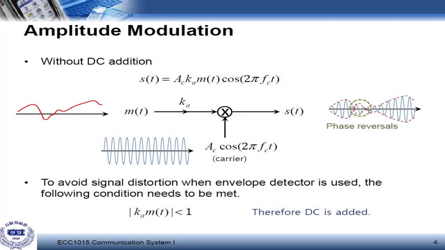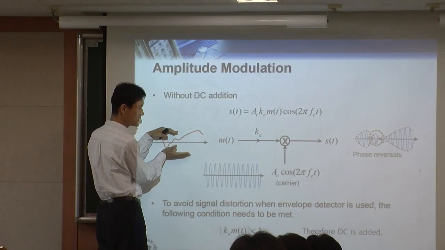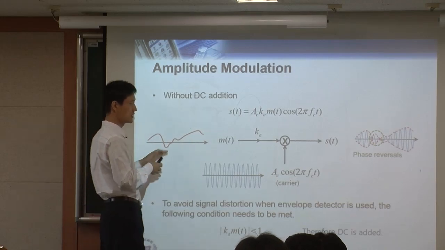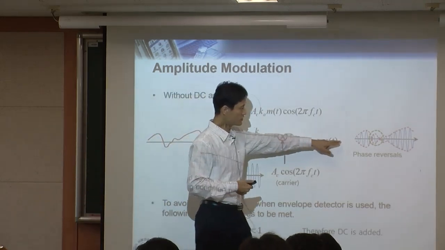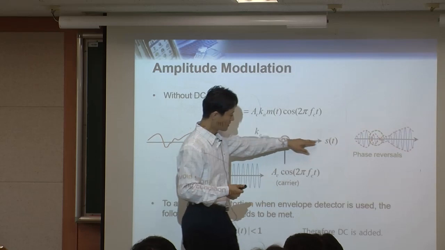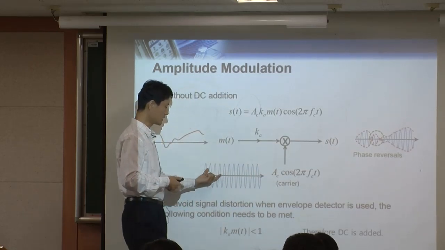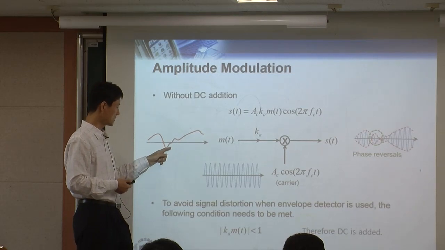This picture shows you what happens if we do not add the DC component. If you do not add a DC component, then you do not lift this up, so this negative part is still there. Once you have a negative part, what happens is when you multiply this cosine into the negative part, then